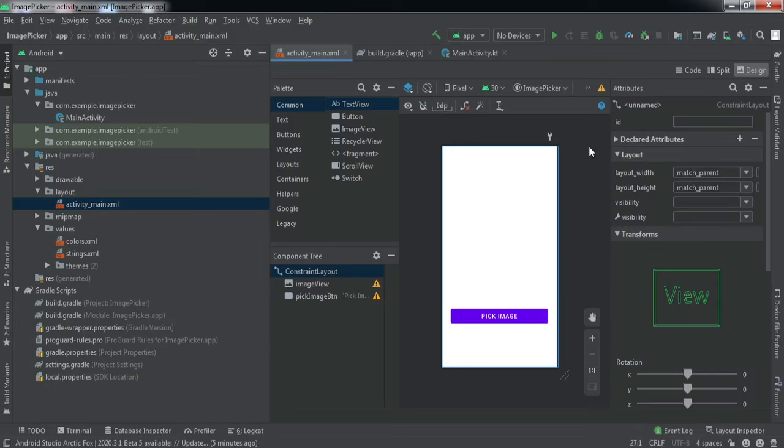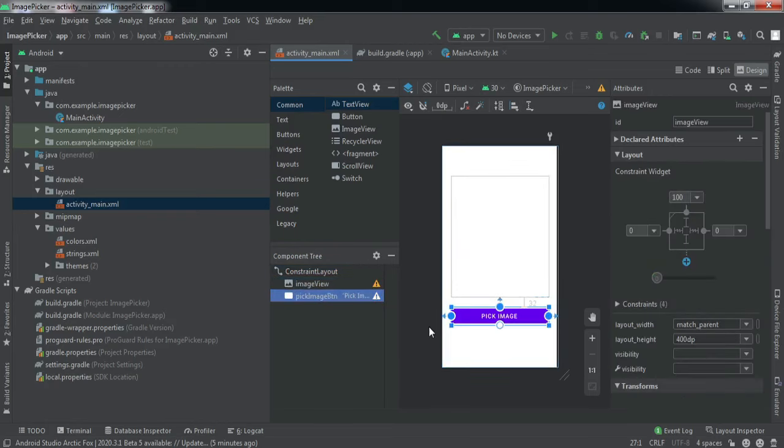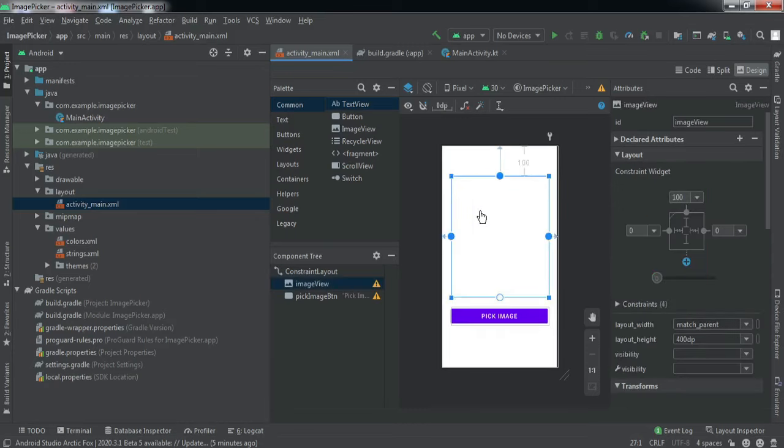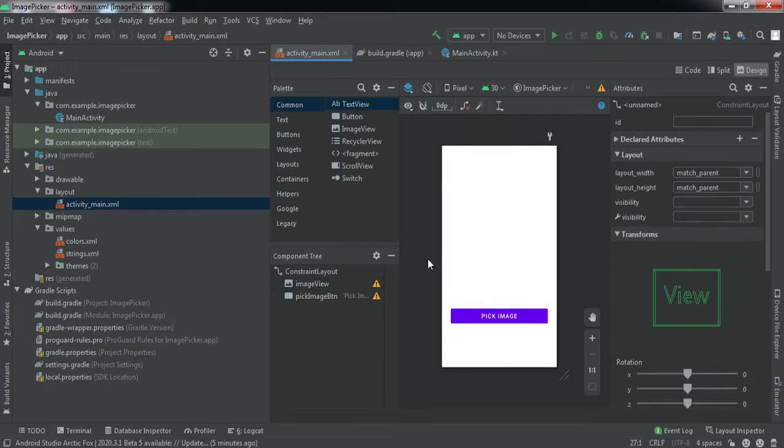exploring that. For illustration purposes, we'll be selecting an image from the gallery app, right? So I have this image view here and this button. Whenever the user taps on this button, they will be redirected to our gallery app and will pick an image, and that image will be displayed in this image view, right? So if you want to learn this, make sure you watch this video till the end. So without much ado, let's get started.